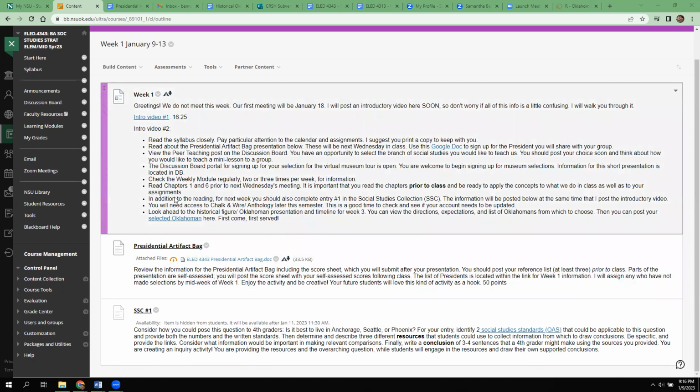For this entry, read chapters 1 and 6. Chapter 1 would be reading for this week, week 1, and then chapter 6 would technically be for next week. As you read chapter 1, really focus on what the social sciences are and how those are part of social studies. And then as you read chapter 6, which is about instructional strategies in social studies, reflect on your own experiences, your own perceptions of what social studies is and how you